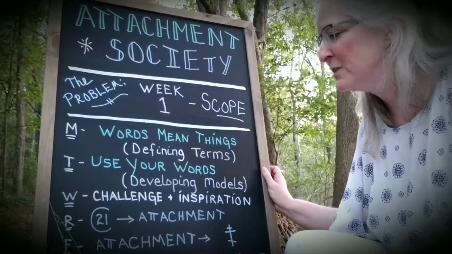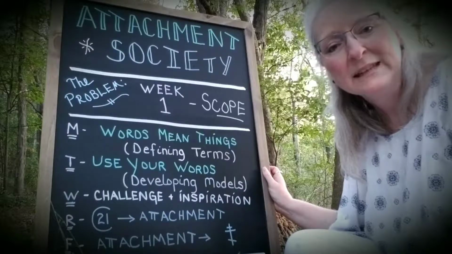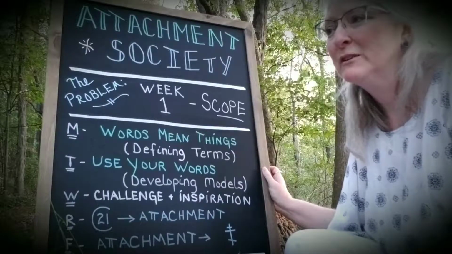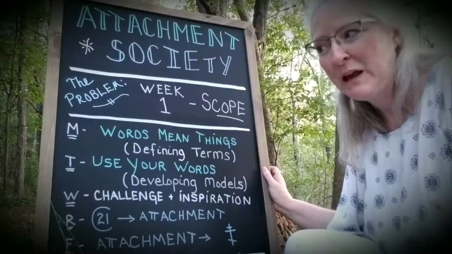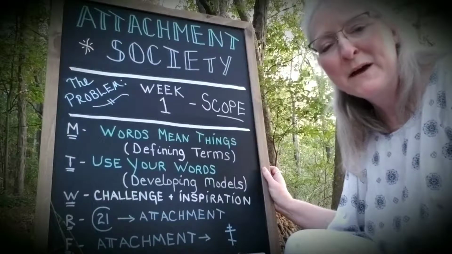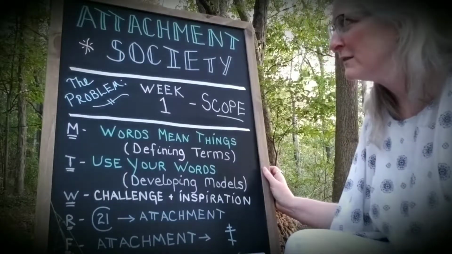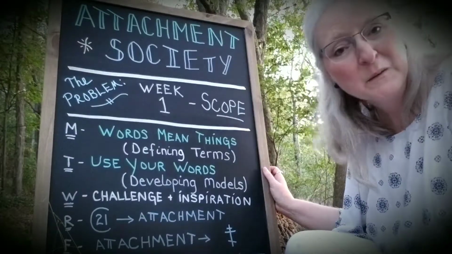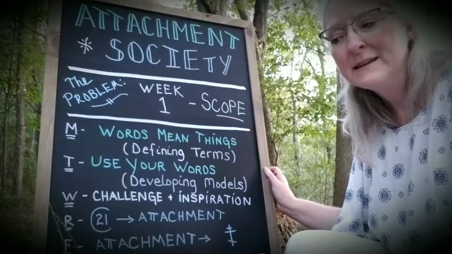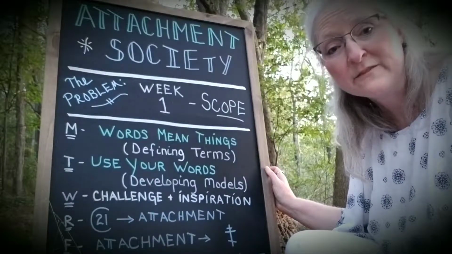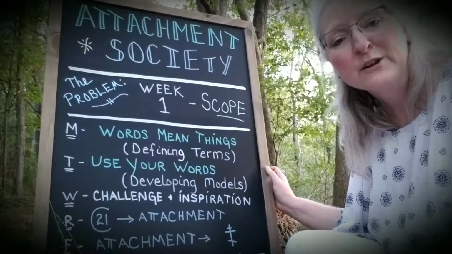Today we're going to move on to Use Your Words Tuesday, and we're going to look at developing a model for understanding attachment. I recently had a young friend mention a quote that somebody had told him, which reminded me that my dad used to say this to me when I was younger: all models are wrong, but some models are useful. That's an acknowledgement that the models we come up with in our human limitation are limited, but that doesn't make them invalid, and they can be useful for understanding even things that are larger and extend beyond the limitations of the model. So with that in mind,